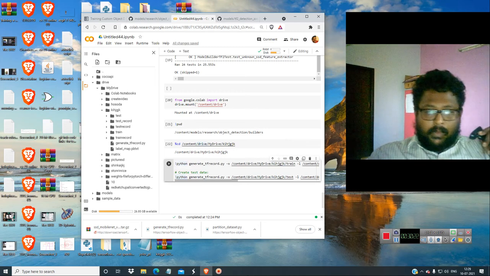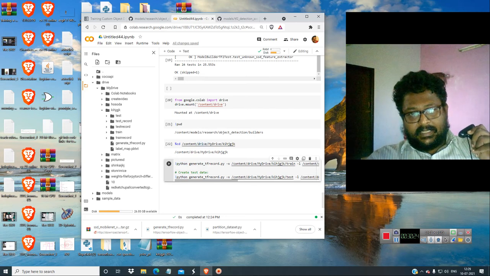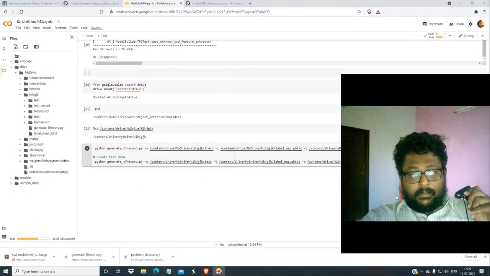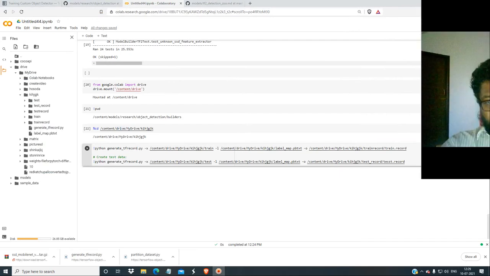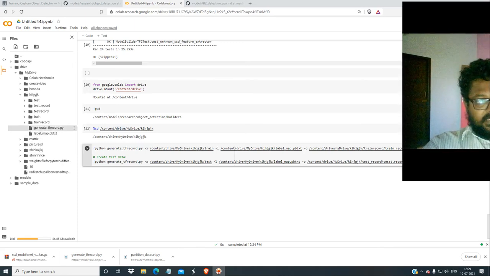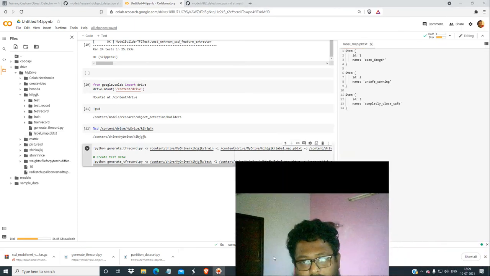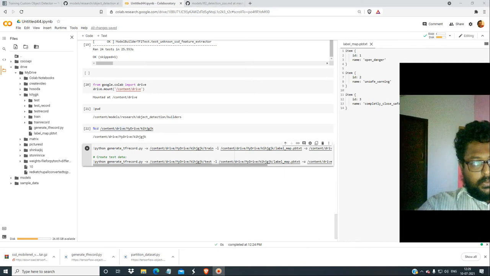Why I am doing this data set preparation separately is that it takes about 30 minutes to teach you. So train.record, this is the output folder, so I have given it as train.record over here. And this is the pbtxt, which is just a text file giving the class names, the object class names. So that's it, I think. This is the end of the tutorial.